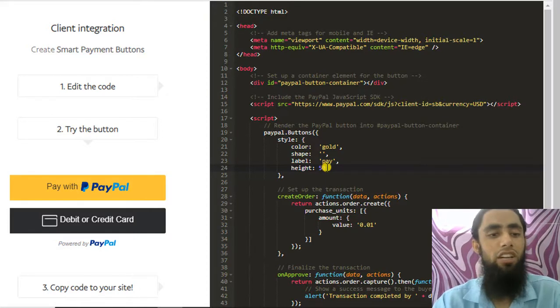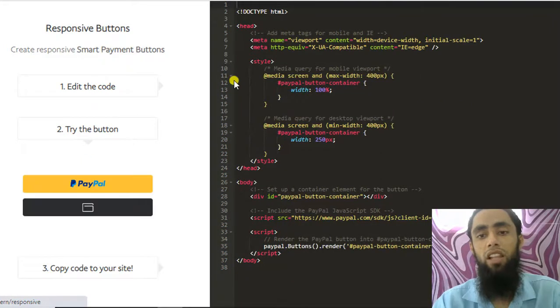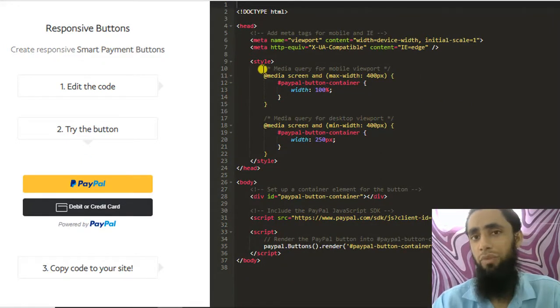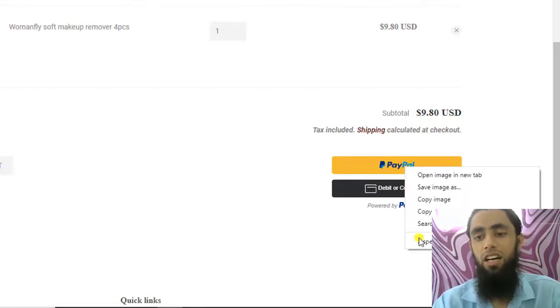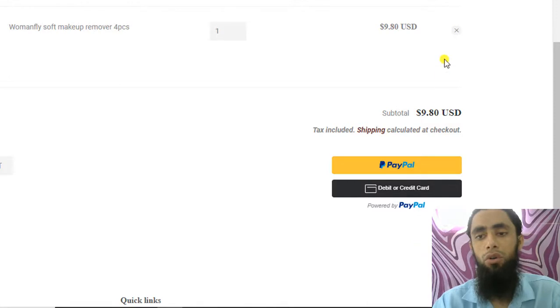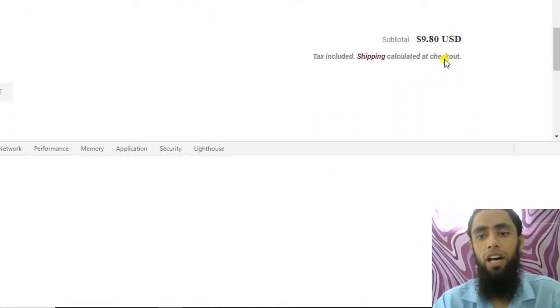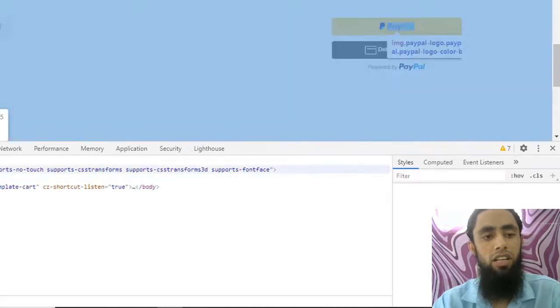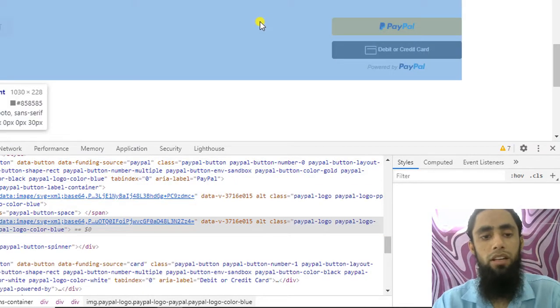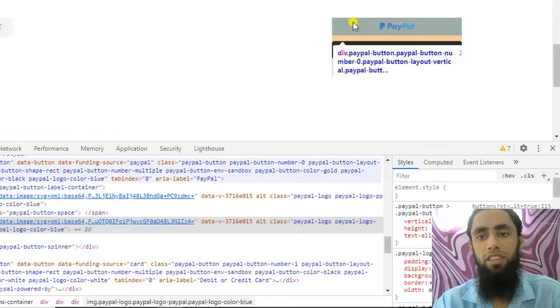The final thing that I wanted to share with you is that we can keep it responsive as well. So you can see that here we have the responsive CSS. So responsive means if you are showing these buttons, you can see on this cart page, if I remove the responsiveness of these buttons, let me show you how. So I have just opened up the developer console here. So let me show you how I am removing that specific thing.